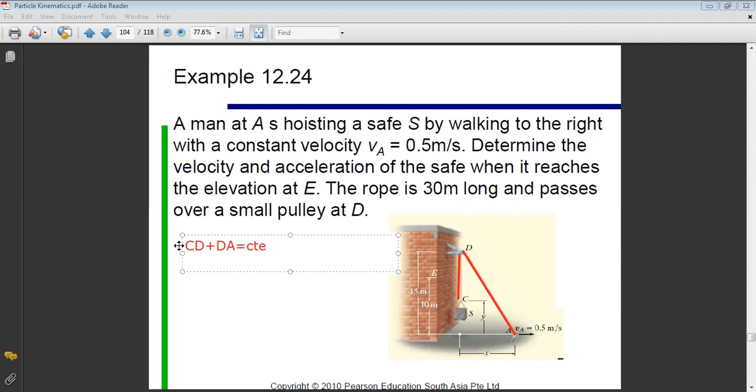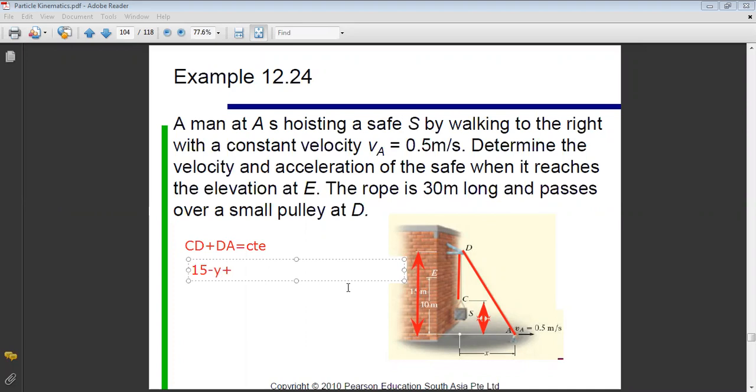So to start with CD, what is the expression of CD as a function of y? If you look at your figures, I gave you this distance. This is 15. And to find CD, all I have to do is 15 minus what? Minus y. So I can replace CD by 15 minus y